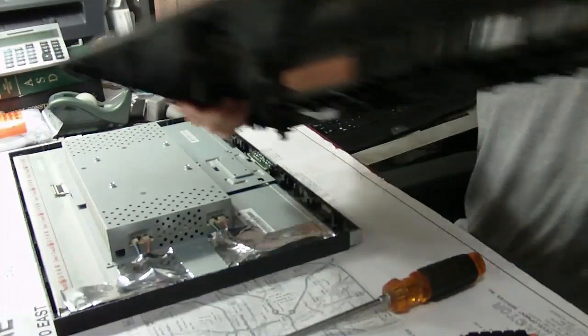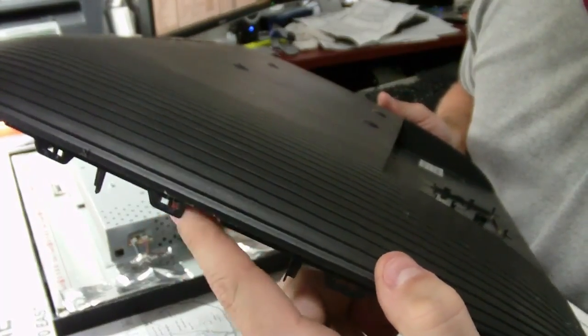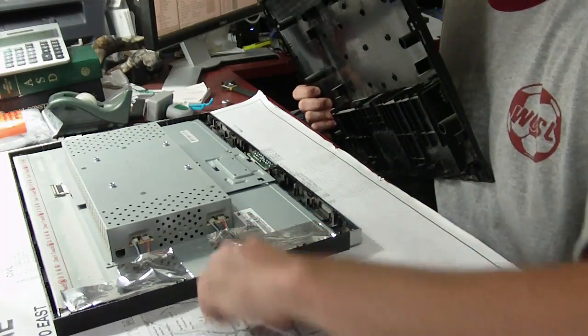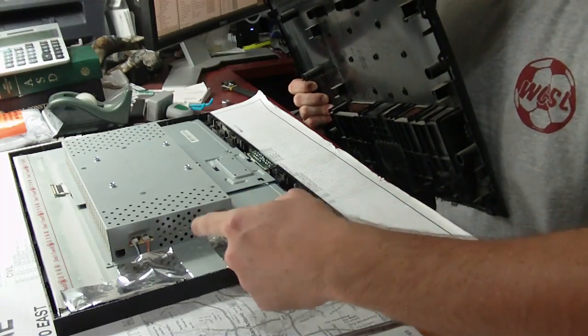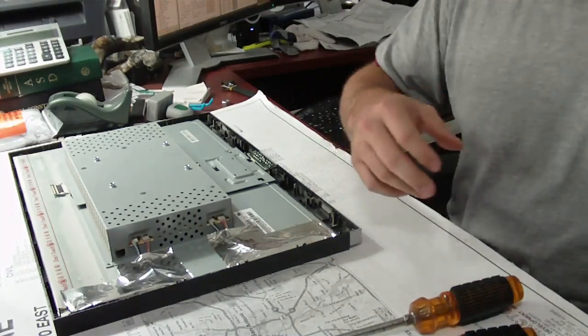Okay. These little tabs right here. You see that? These little tabs are what holds it all on. So the secret is, when you first pry in here, you've got to pull this out and then use the other screwdriver to push up, so it will release these right here. Alright, so now that I've got that all chewed up,